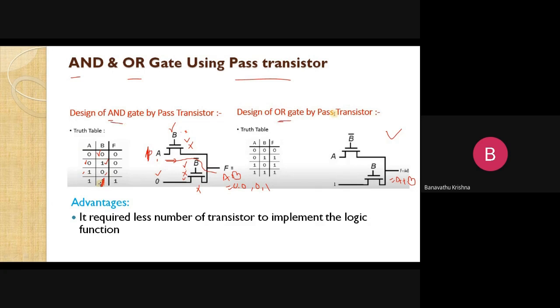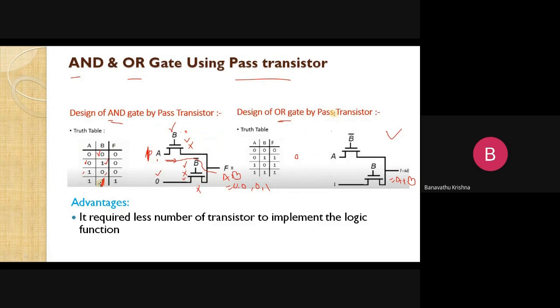Similarly, for implementation of OR logic, right? That is the improvement here by using pass transistor for switch logics, right? Let us see here one more concept, that is the OR gate here, 0 0. Okay, A is 0 and B is 0. A is 0 means 0 here. Suppose A is 0, B is 0.